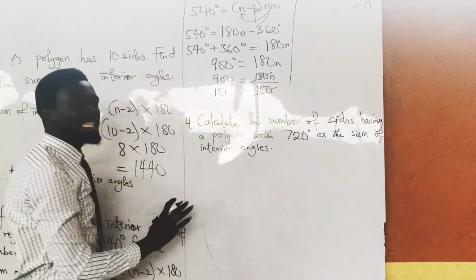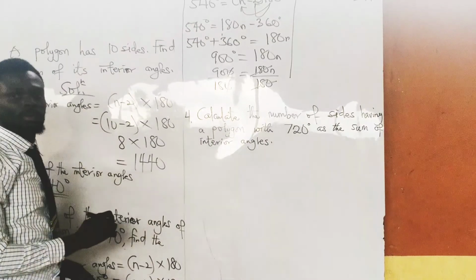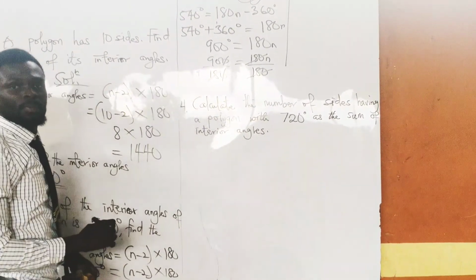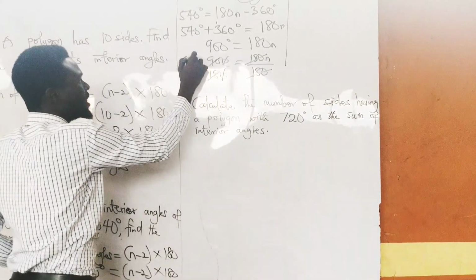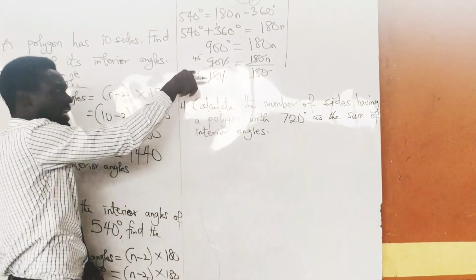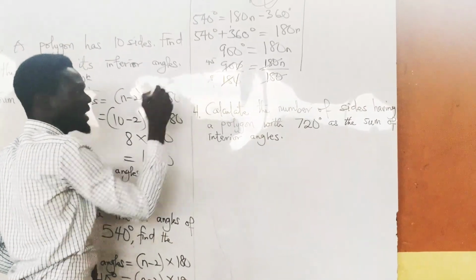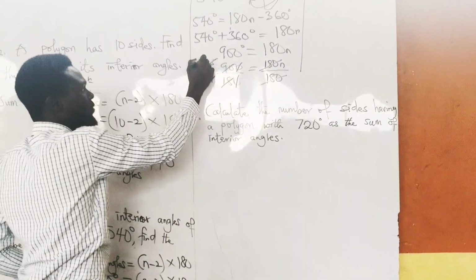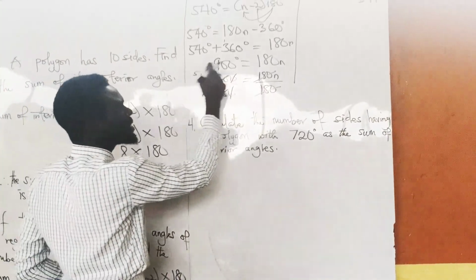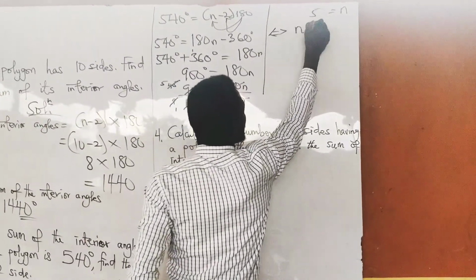Then we come here. Let's take it bit by bit. 0 will cancel out 0. 2 will go into 18 9 times. 2 will go into 90 45 times. Again, what can go into 9 and at the same time go into 45? 9 can go into itself 1, and 9 will go into 45 5 times, because 5 nines are 45. So we've been able to cancel out to get 5 is equal to n,